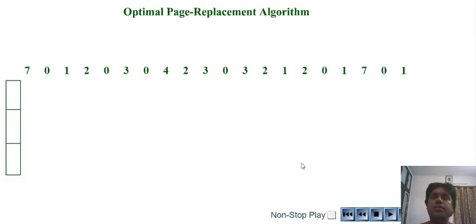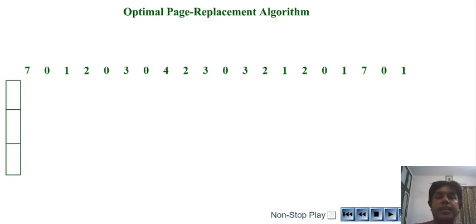So now this is an example of a page replacement algorithm. As the name suggests, we are going to replace the page optimally. When I say optimally, it means in a way in which the number of page hits would be more and the number of page misses or page faults will be less. Okay, so let us get started.